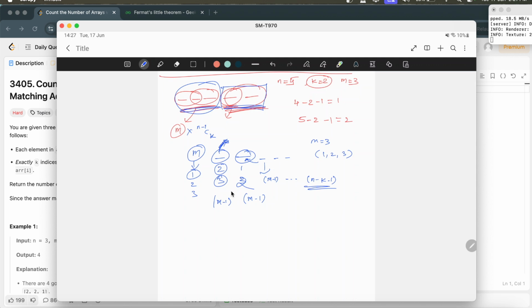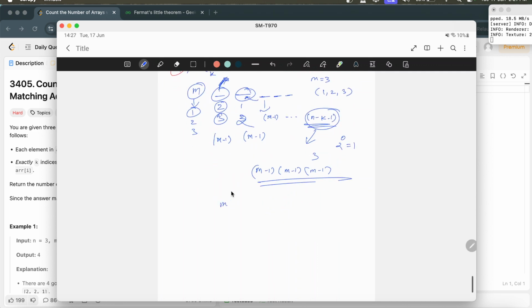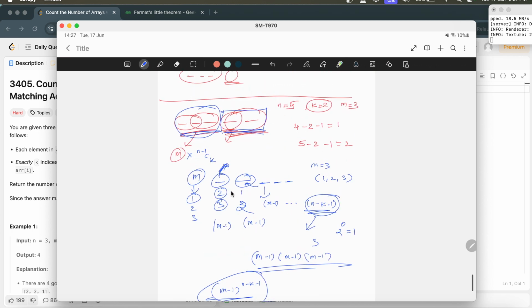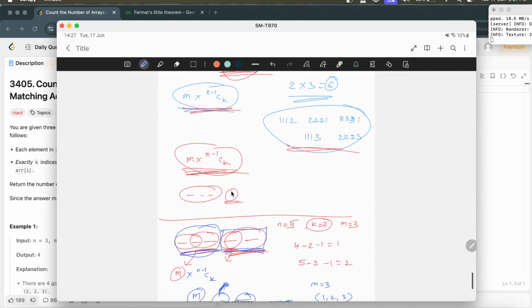If there are no remaining indices, the power of m minus 1 is basically 1, so 1 is what we multiply. But if there are still indices to be filled, say 3 indices, it is m minus 1 into m minus 1 into m minus 1, these 3 different possibilities. So ultimately we derive m minus 1 to the power of n minus k minus 1. We have to multiply this with the previous formula that we got, m into n minus 1 Ck, into m minus 1